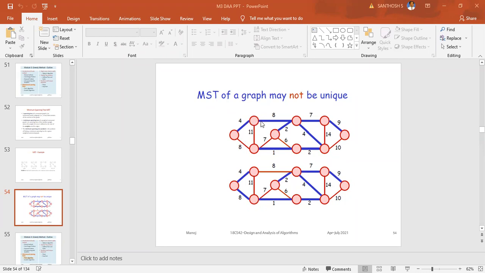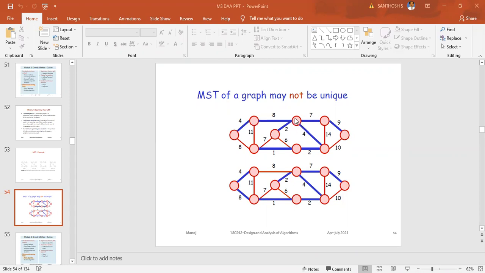From here, one path is 4, the other is 8, the other is 11. Which is the minimum? The first minimum is 4, but you have already taken the path from node 1 to node 2, so don't consider that particular 4. Apart from 4, the other edges are 8 and 11. Which will you take? You will go with the 8. Now you take the path that is 8. So you keep counting: first one is 4, next one is 8. Finish.